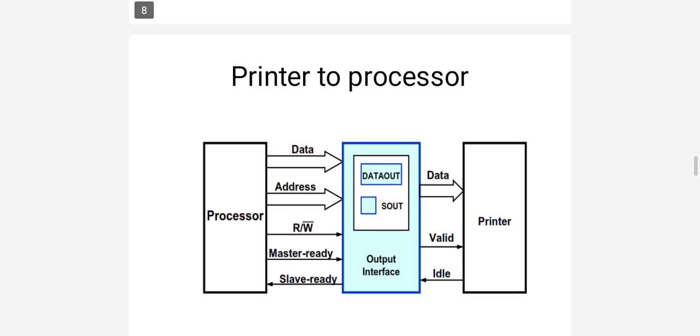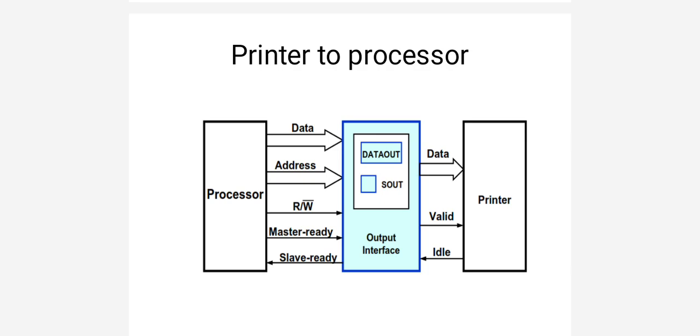Next, printer to processor connection ആണെങ്കിൽ, that is output interface circuit ആണെങ്കിൽ എങ്ങനെ വർക്ക് ചെയ്യും? So in the case of an output interface between the processor and the printer,